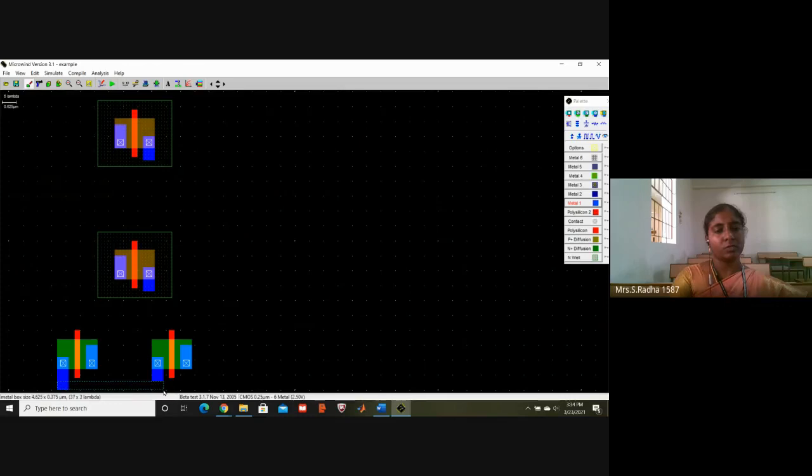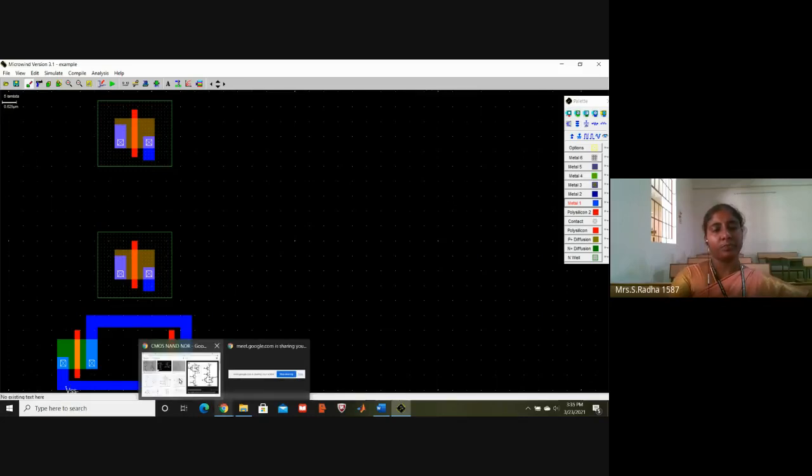I am connecting these two sources, and I will take these two as drain points. Width should be sufficient, otherwise in the DRC check it will tell you the width is not sufficient. See that it is not. Okay, two sources I am connecting together, two drains I am connecting together. I will put VSS at the bottom. So these are source points and drains.